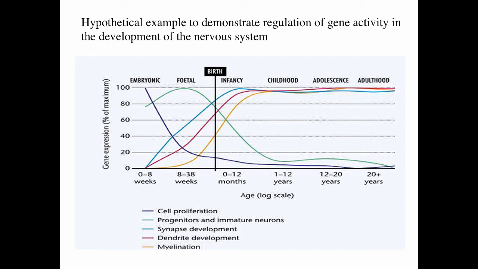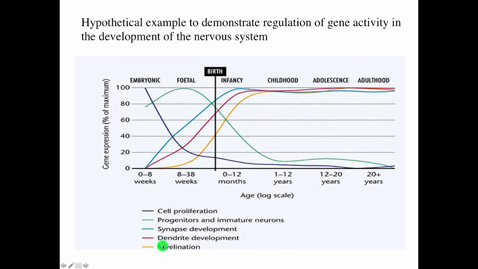And this is a hypothetical example to demonstrate regulation of gene activity in the development of the nervous system. So, for example, the chart looks at a lifespan, embryonic life through fetal life, infancy, childhood, all the way to adolescence. And it might look at some significant types of genes that might be expressed. You might, for example, expect that genes for cell proliferation are going to be expressed very early on in embryonic development, and they're going to decline through fetal life and infancy, and of course will drop to lower levels in